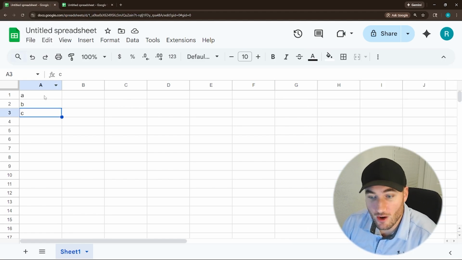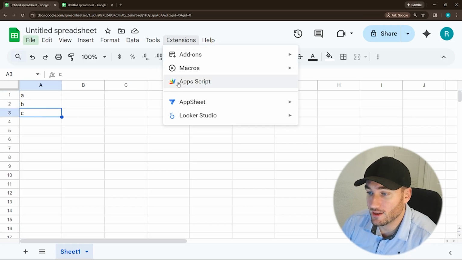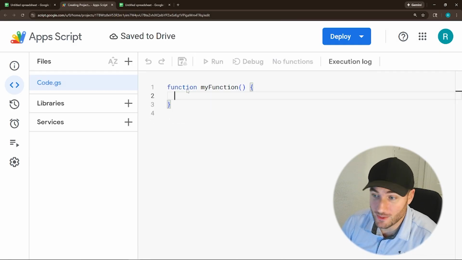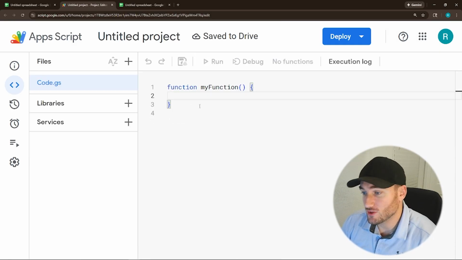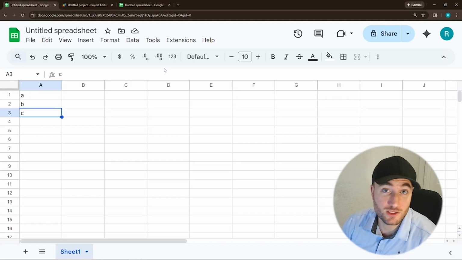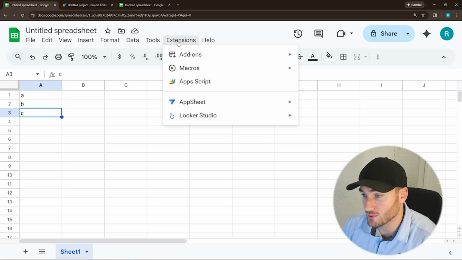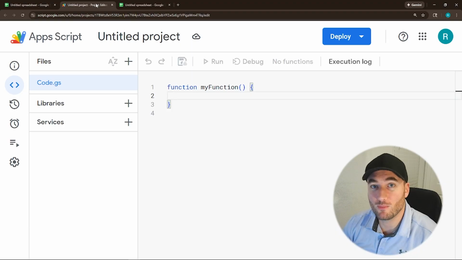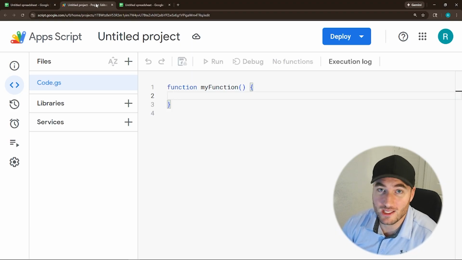Okay, so taking our ABC sheet, let's go ahead and do Extensions and Apps Script. And this is going to make what's called a bound script. Google knows that this script is bound to this sheet because this is where it originated from, right? You went to Extensions on this sheet and created a new Apps Script, so it is bound to this sheet, which gives you a little bit more functionality, lets you do some cool things like on-change triggers and makes the syntax